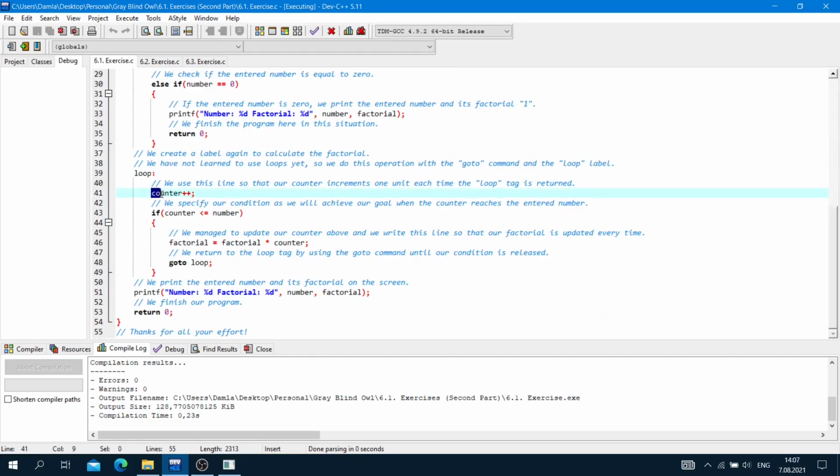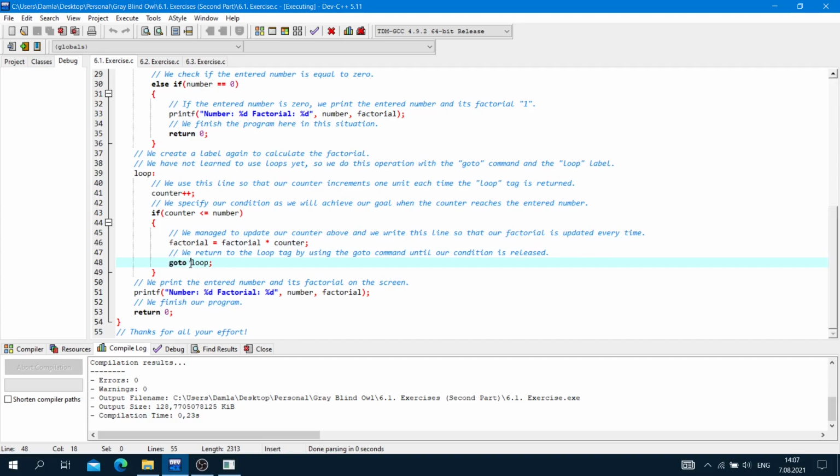Now, counter is equal to 1 here. If counter 1 is less than or equal to number, here number 3, do that. Factorial 1 is equal to 1 times 1 and semicolon. So our factorial is equal to 1.